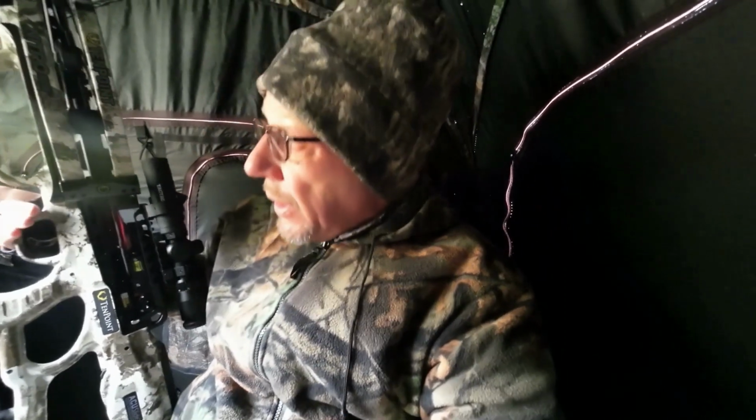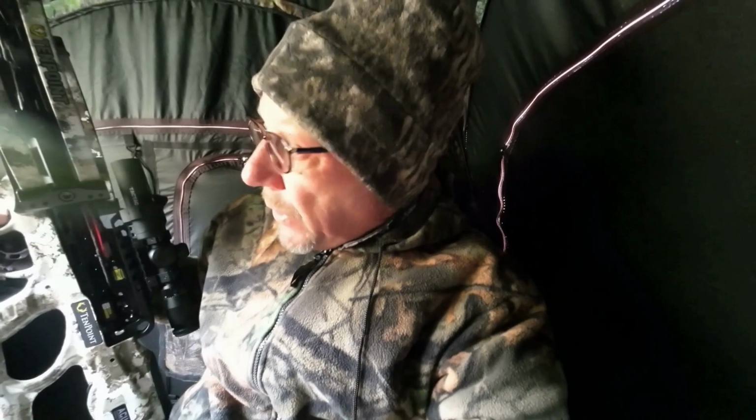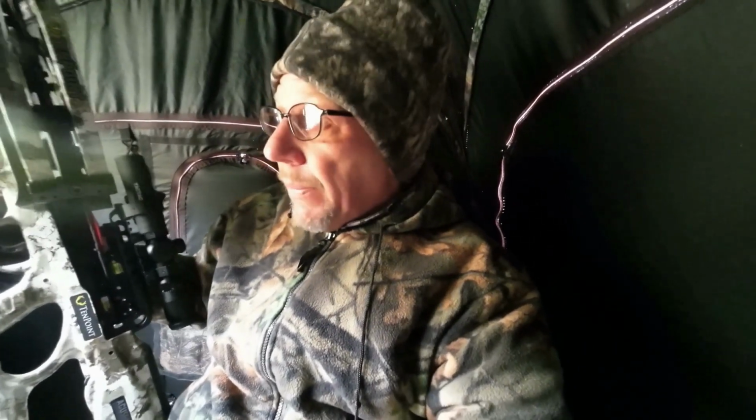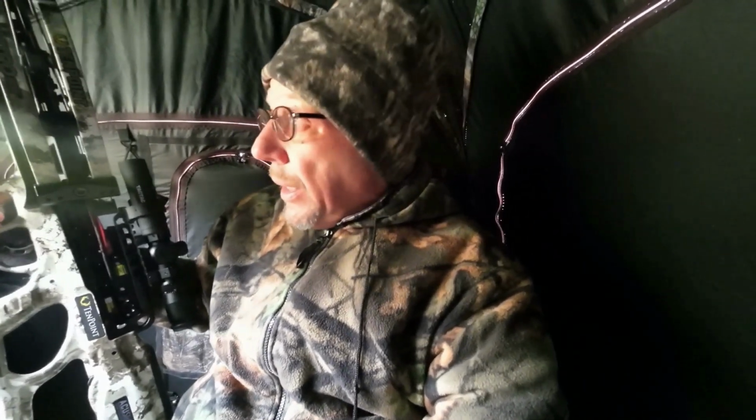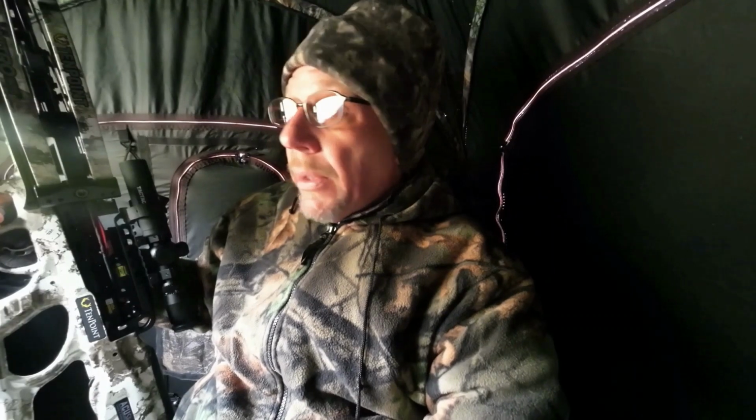And the farthest shot will be 20 yards. That's all the farther I can cover. It's too thick to my left and the water's too deep to my right, so they should be bedded down in there with their backs to the river. And then with this northwest wind and them wanting to head north into that ag land, I think I'm in the right spot. I just wished I would have found this 3 days ago so I could have worked it,